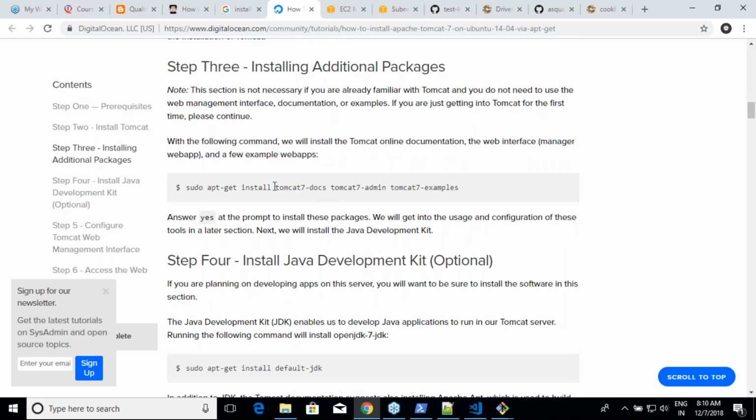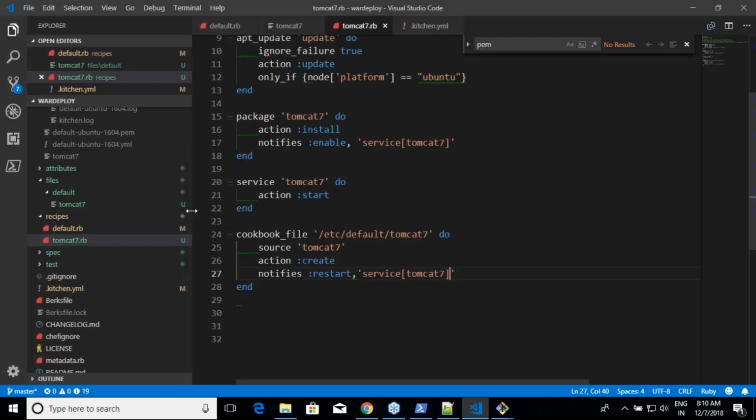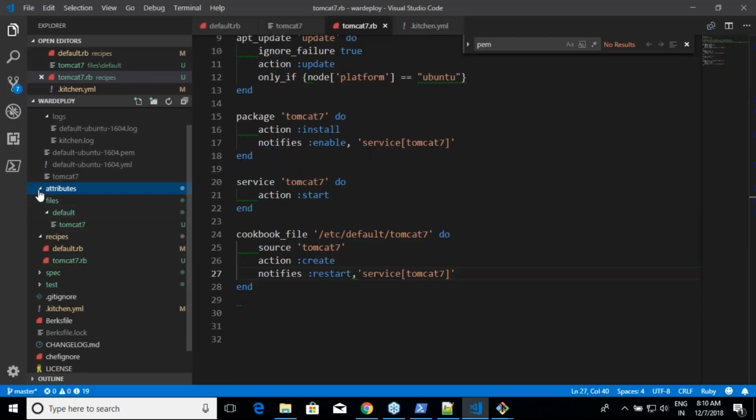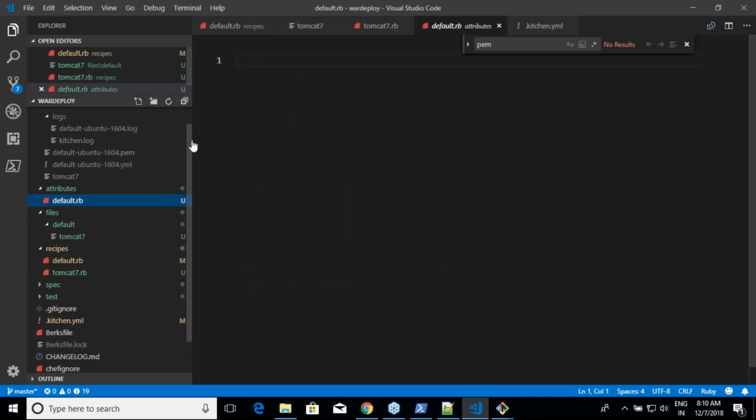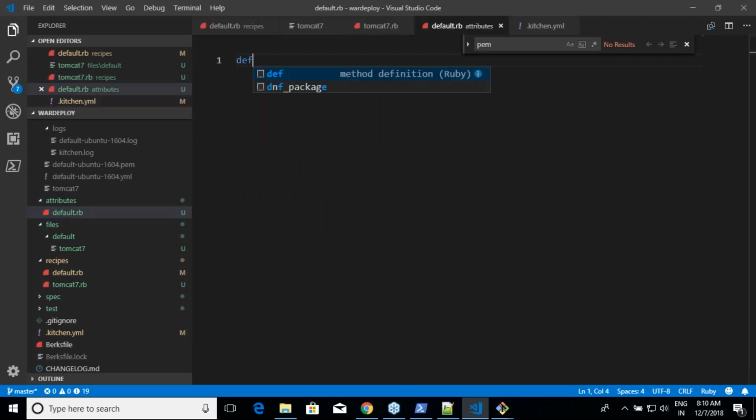And then he's asking me to install additional packages. Tomcat 7 docs, Tomcat 7. So I'll copy all of this. So what I'll do is I'll go to the attribute section. I'll just say default of what is this cookbook name?